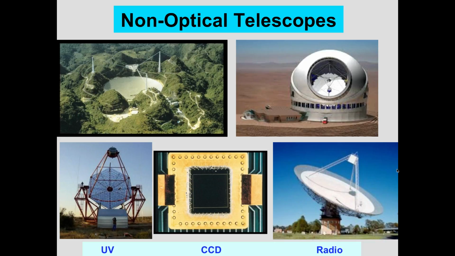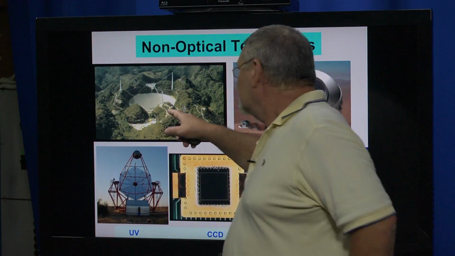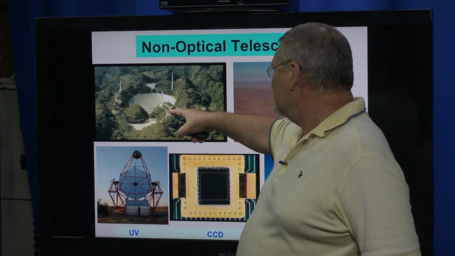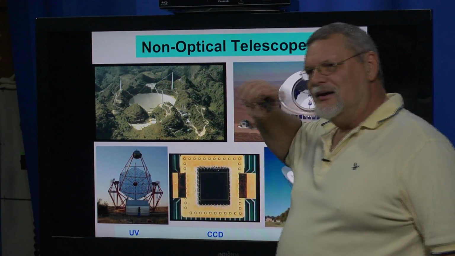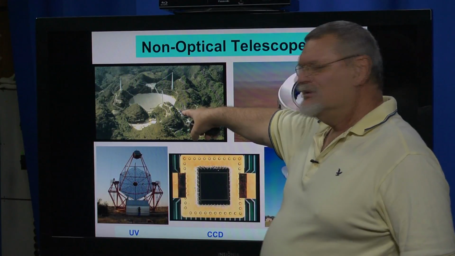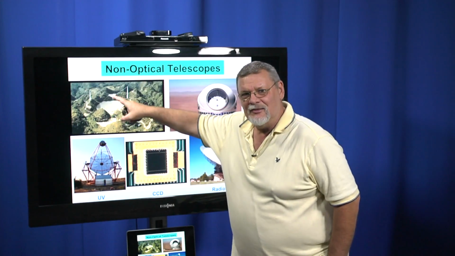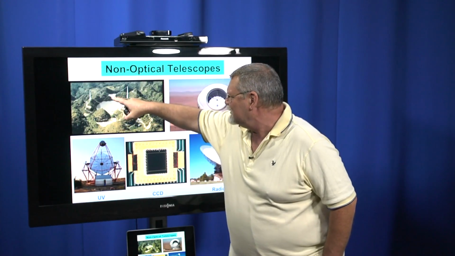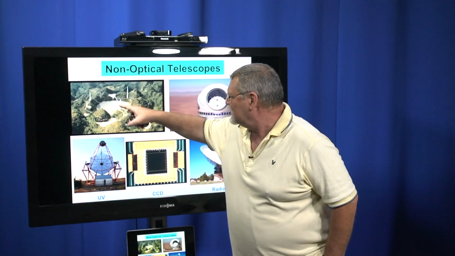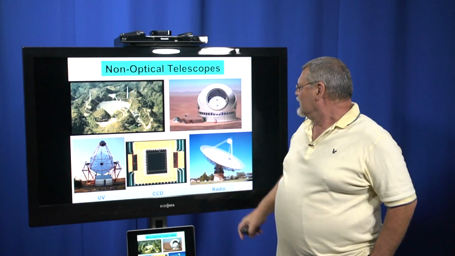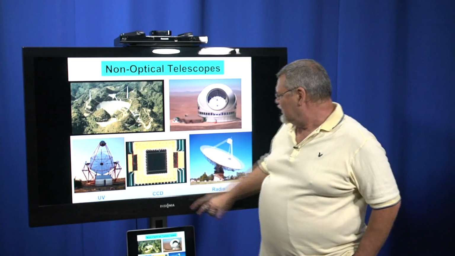These are different non-optical telescopes. This is the Arecibo radio telescope in Puerto Rico. This is on my bucket list. I would love to go and see this. It's a big hole in the ground where they built, and all this is just a bunch of metal plates, and it bounces radio waves off onto this tower, and then that just looks in different directions, and that's how they can aim it. This is a radio telescope here.